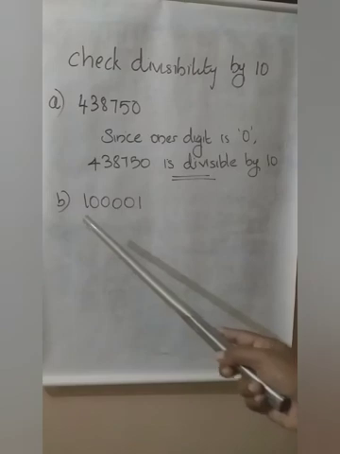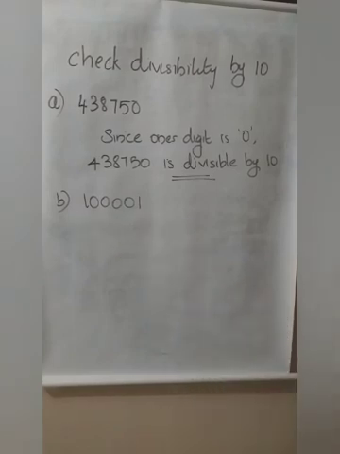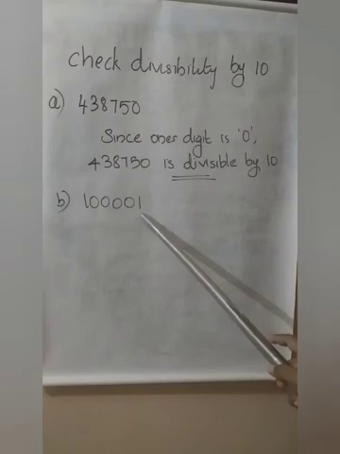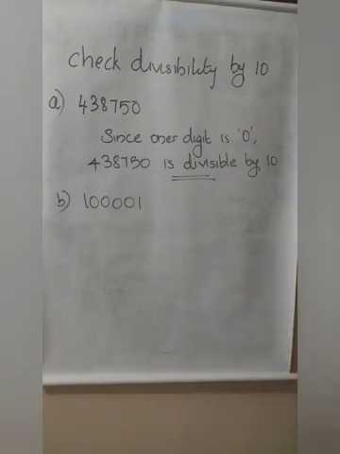Example, 1,01,000. Is this number divisible by 10? We have enough zeros in the middle, but what do we have to check? We have to check the digit in the ones place. What do we have in the ones place? Is it 0? No, we are having 1 here. So, we can say 1,01,000 is not divisible by 10. So, is the condition clear? We should have 0 in the ones place. Then only we can say that the number is divisible by 10.